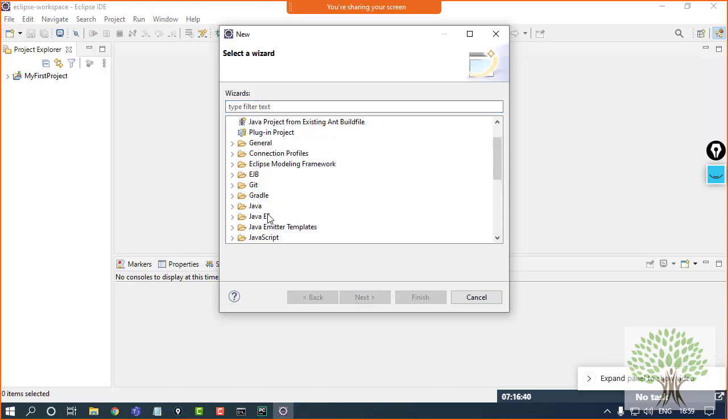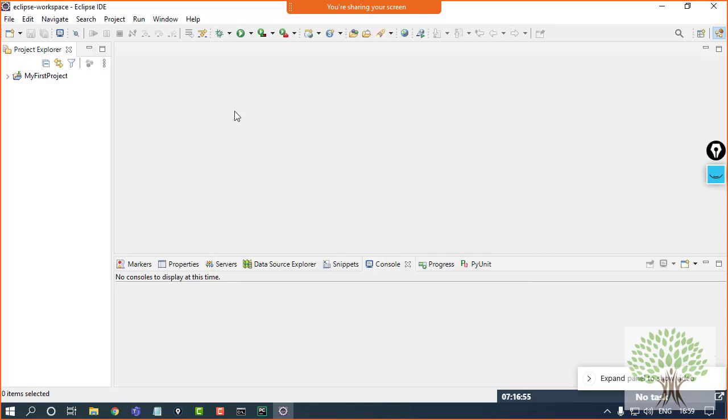Over here it has, because I have done the configuration already. But by default, if you install it and try to create a Python project, it's not going to help you. For this, you have to have a plugin. You have to install a plugin inside Eclipse, and then only you will get that option to create Python projects, files and packages.